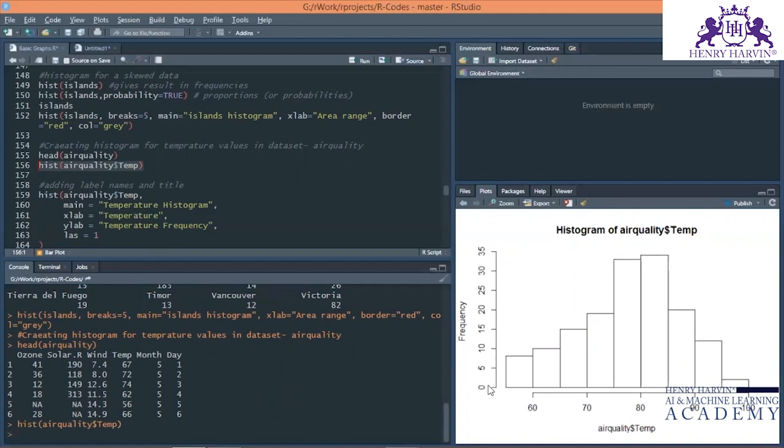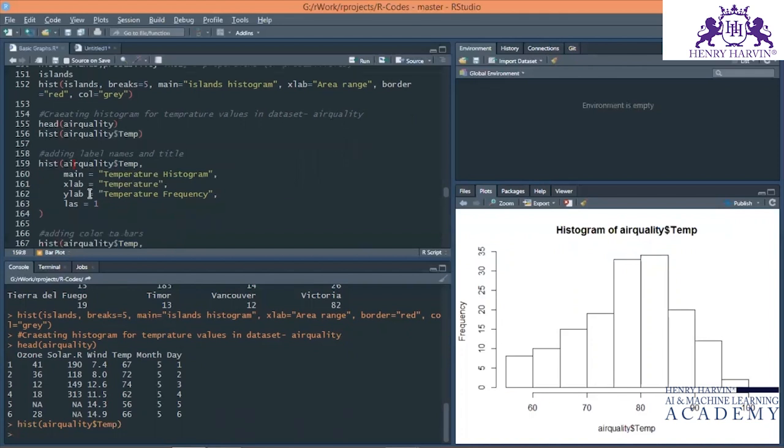We have the y-axis as frequencies, showing the number values, and the x-axis showing the temperature value of each of the days. Next, we will be adding the labels of this graph. For that, I am using the main function for the title. The title name will be temperature histogram. The name of the x-axis will be temperature, the y-axis is temperature frequency, and